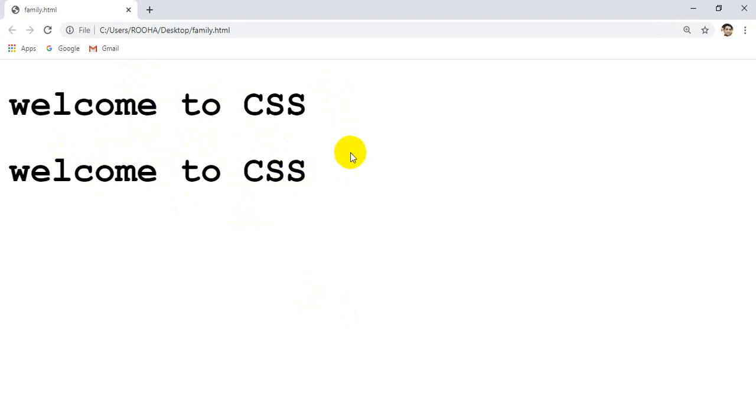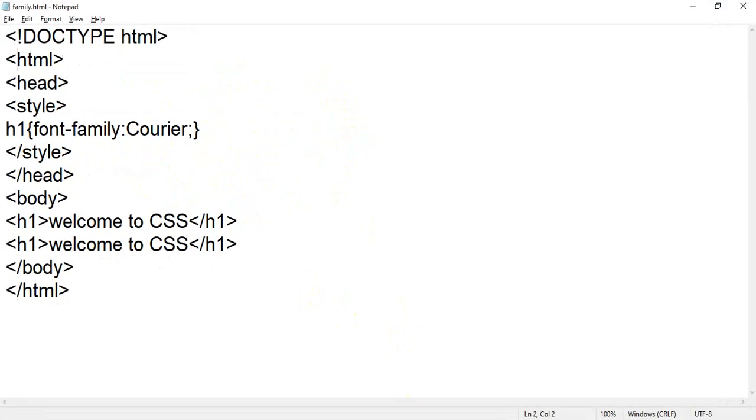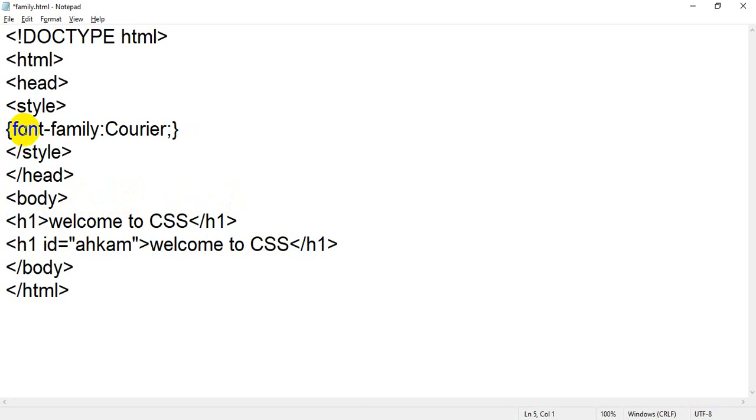But I don't want to apply my CSS on both headings. So that's why I have given ID as an attribute. If I add id equal to first or anything, for example, I am going to assign id equal to ICOM, here I have to write ICOM, and before that I have to put the hash symbol.